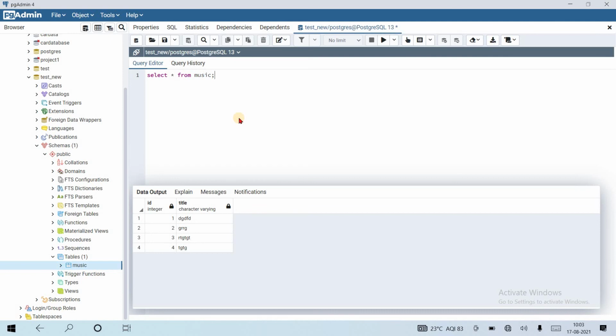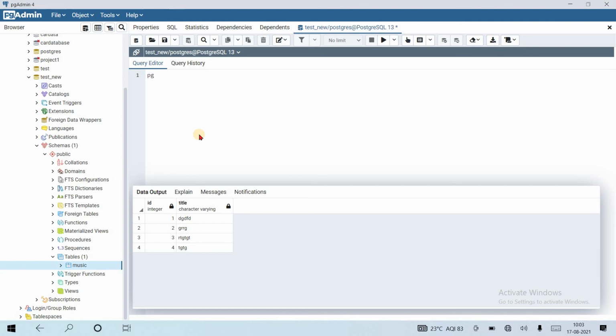We need to dump a SQL file so that we can restore it again. Dumping a SQL file means we are saving everything from this public schema to our .sql file. Let us see how we can do that.